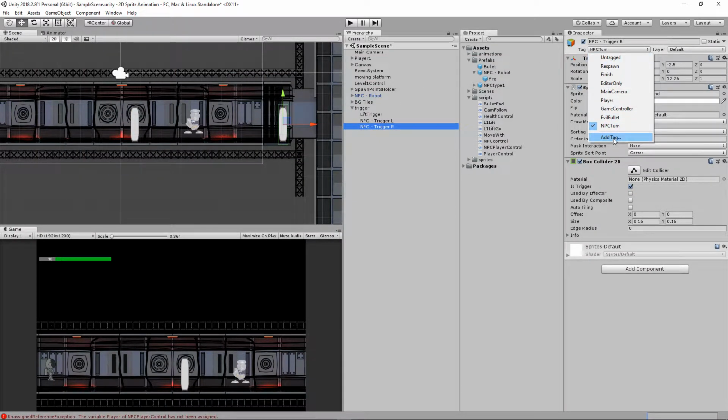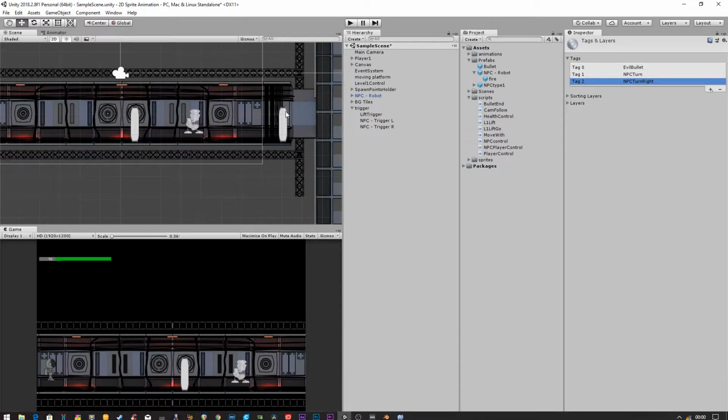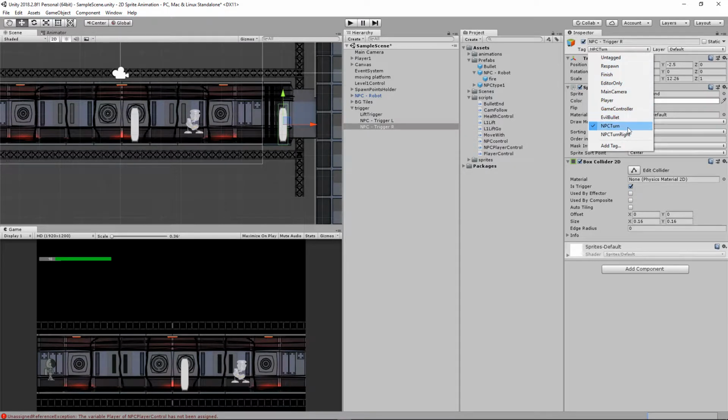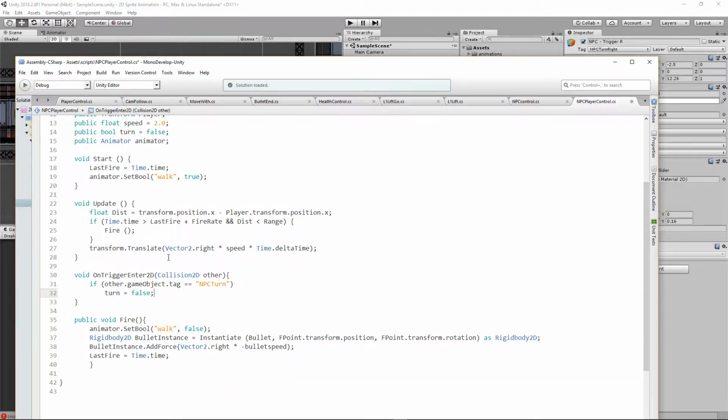So I'm going to go back in here and go add tags. So I'm going to go to NPC turn, and oh, it's not going to let me edit that. So I'm just going to add another one. NPC turn right. Okay. So let's just go back in here. And actually, no, let's take that one and give this NPC turn right. So this one's got the tag turn, and this one's got the tag turn right. So our initial direction is we're going to walk to the right. So if it hits the one with NPC turn right,